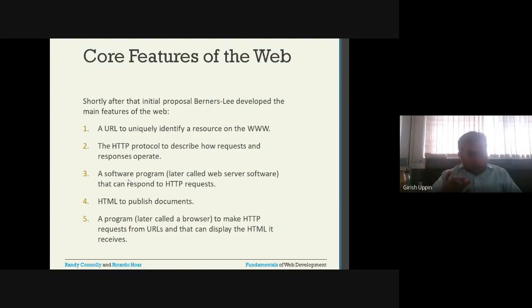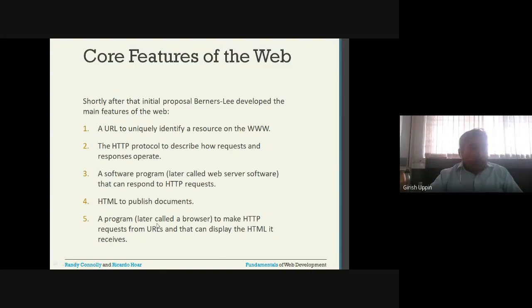You type the user ID and password, and you hit the submit button. Again, a request will go to the server. This time you are requesting to log in to your account. Then the web server will authenticate your user ID and password. If it is correct, it will respond with a page, maybe your inbox directly. It will respond with that inbox, and this response will come as HTML, and the browser understands that HTML and renders that page, and you will see your inbox, and you can do whatever operations you want to do on that particular page.